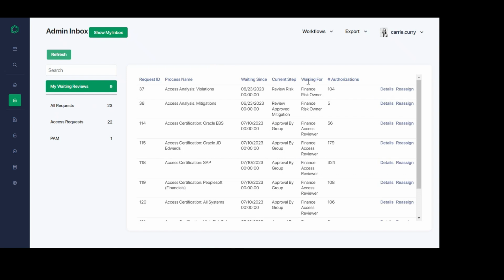Number of authorizations is very helpful in that it shows the size of the review, the total count of the line items that must be reviewed. This, in addition to the time and date stamp, can assist us in determining our priority for addressing each outstanding review. And lastly, we have hyperlinks to access the details of the reviews or to reassign the review to another